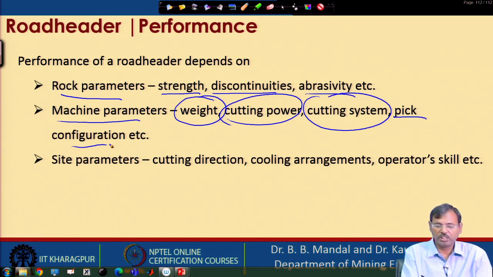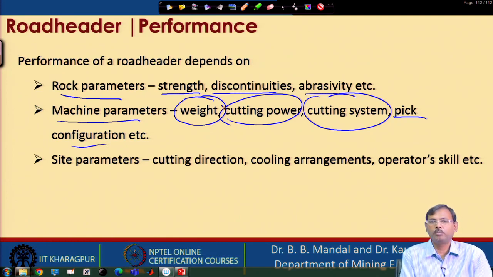Now, in this case, first is the weight. Why is weight very important here? Because weight is basically giving the normal force. As the weight is very high, the normal force provided to the cutter head is very high, because weight is resisting the machine from moving in the backward direction when the force is applied. So, that is why it is increasing the normal force. That is why this weight is very important. So, in hard rock conditions generally heavy duty road headers are used, which are of 80 tons or so.